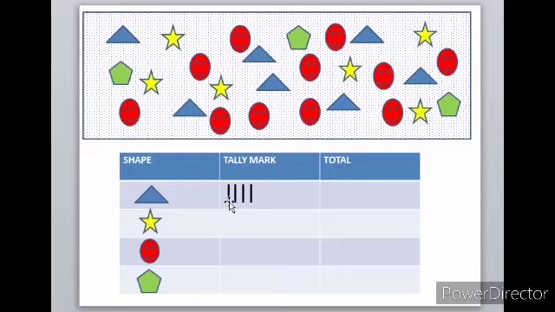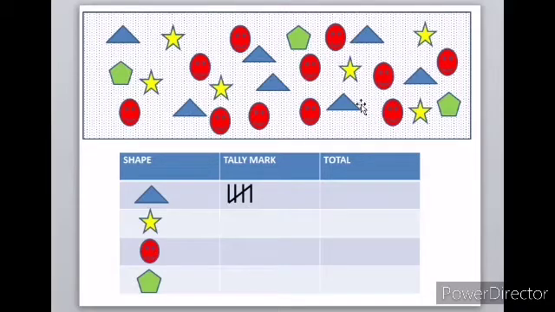Now when the 5th triangle comes, you should not put it at the side. What you should do is cross the 4 tally marks which we have drawn earlier. Like this, you put a cross line. So when the 5th triangle comes, you have to put a cross line. The whole set, these 4 tally marks and 1 cross tally mark together, is 5. This is what is called a group of 5. So 5 triangles are over now. Okay, now go to the next.